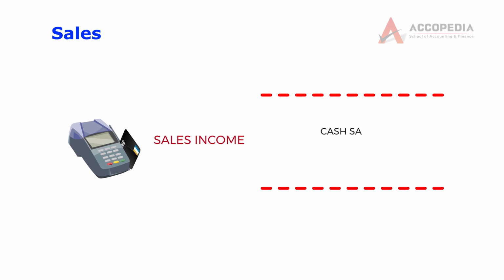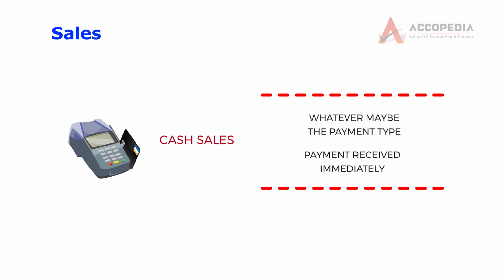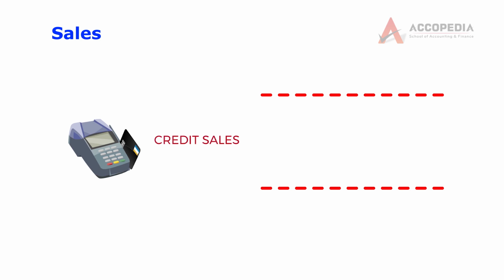Sales income may be cash sales or credit sales. When I sell goods and I receive payment immediately, now here I may receive cash or I may receive check or I may receive the credit by means of net banking. It doesn't matter. They are all known as cash sales because the payment has been received immediately. But in the case of credit sales, I have sold the goods today and I will receive the money maybe later in the day or maybe tomorrow or maybe next week or next month. I have not received the money immediately. So when I sell goods and I receive money after some time, then it is known as credit sales. Both cash sales and credit sales are income for the same accounting period.